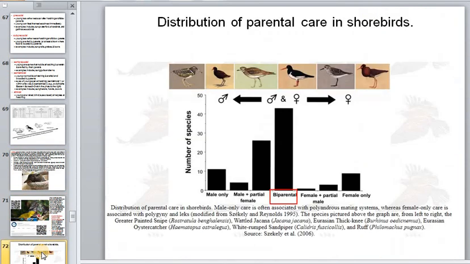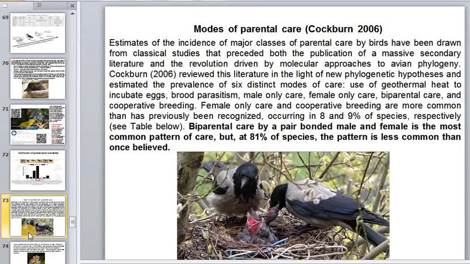And distribution of parental care in some birds, here we see these models of parental care can be biparental, mostly biparental, but sometimes male only or female only. In some cases we can use the cooperation of all birds together from the previous nest, and here we see these models of parental care for